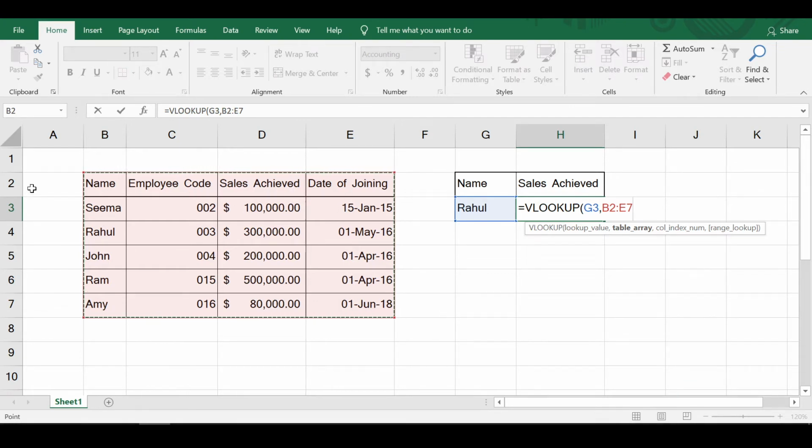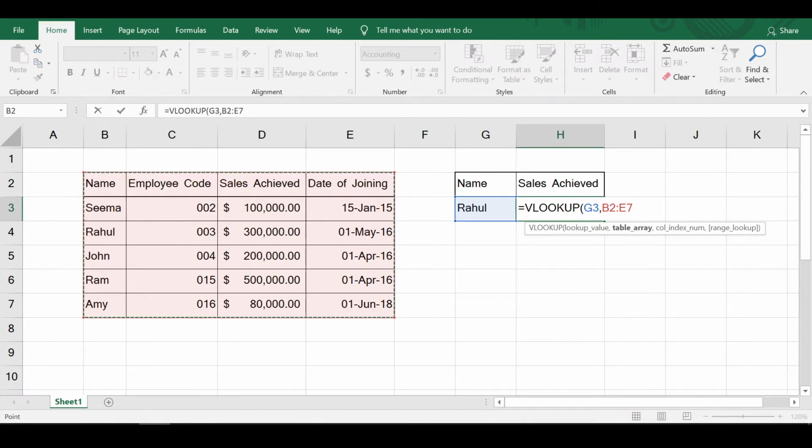So what, for example, if I start my selection of the table array from here, we will not be able to extract our data. Why is it so? Because in this case Excel will search for the name of Rahul in this particular column, which is actually blank, and it will not find the name of Rahul, and so the data for Rahul will not be extracted. So this is the reason why we have to make sure that the first column of the selected table array must always contain the name of the employee whose data we want to extract.